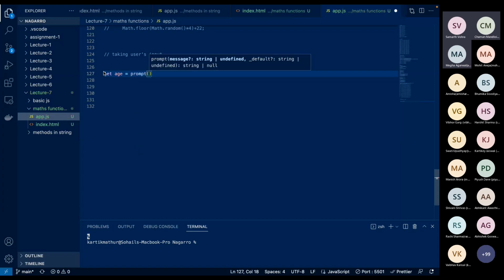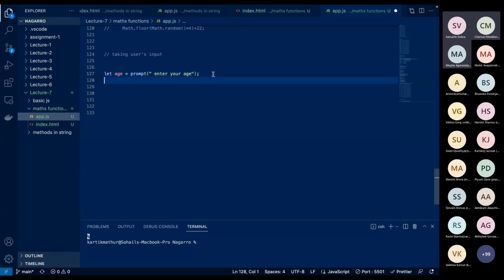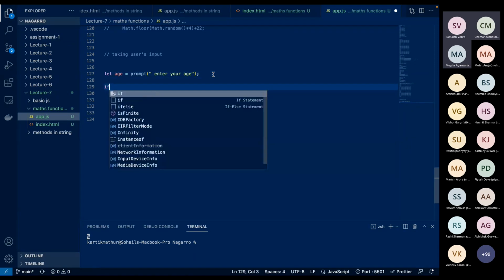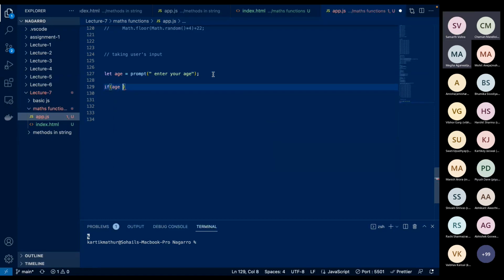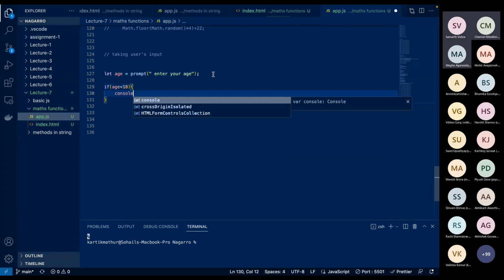Let age is equal to prompt. I want the students to enter their age. I would say just enter your age. There could be a possibility that anyone can write. Let age is equal to, I'm taking the value from the user. Now I want, if my age, this age which I've taken, is less than 18, then I would say